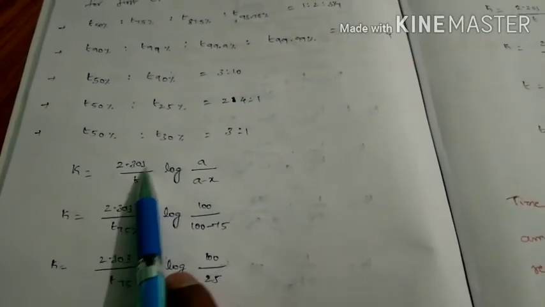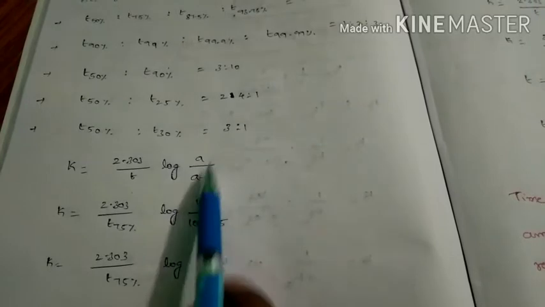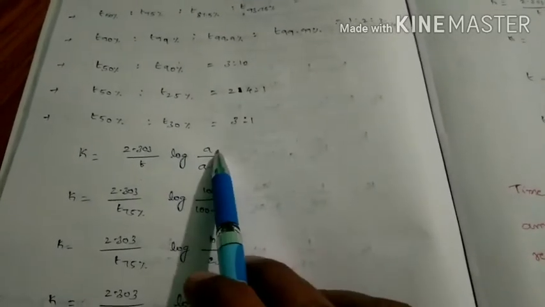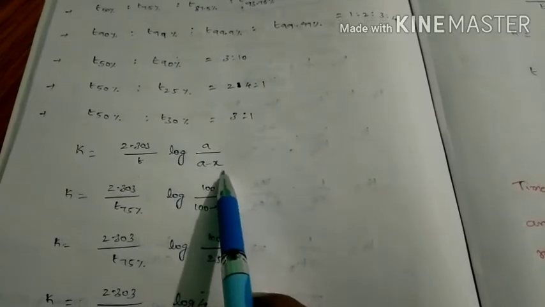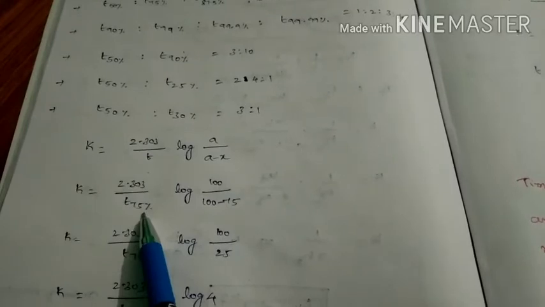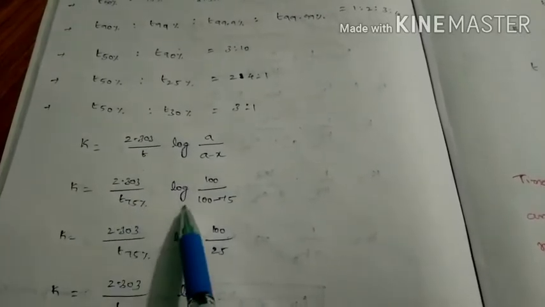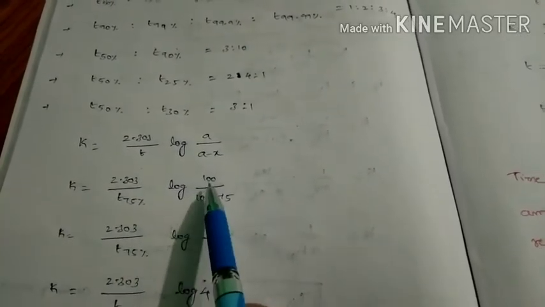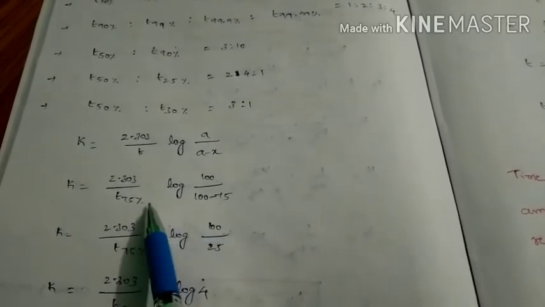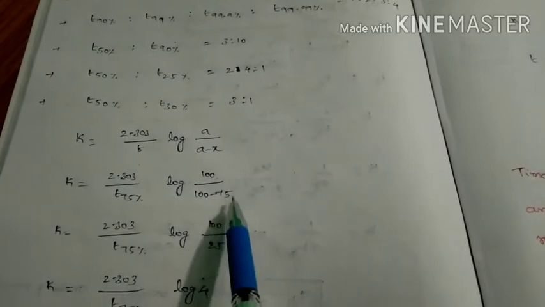I will show. Now take a first order reaction, that is k equal to 2.303 by t log a by a minus x. I told you already, better to remember this expression every time, where a is the initial concentration and a minus x is the final concentration. Now I take the time required to complete 75% reaction, that means t 75% is equal to, then in such cases we have to assume that the initial concentration is 100, then 100 minus 75, that means the time required to complete 75%.